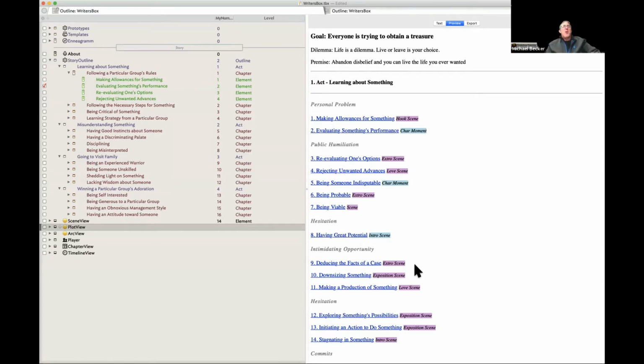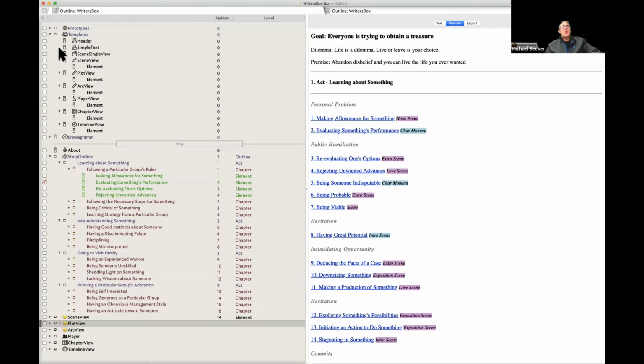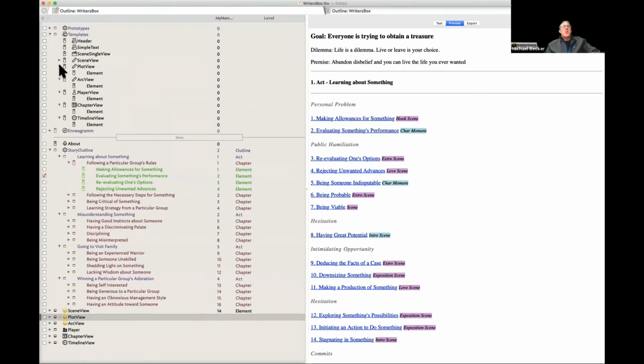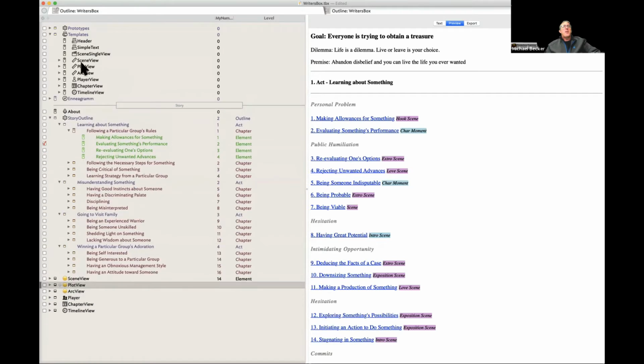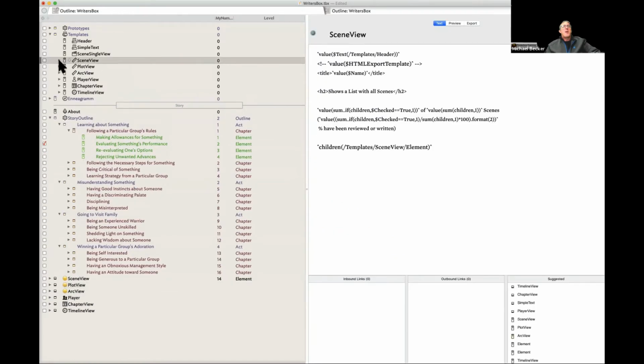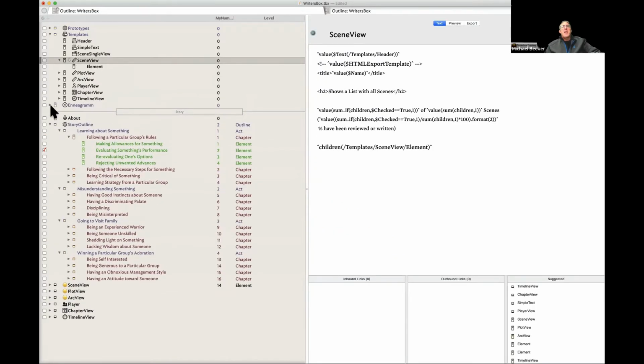So if you don't mind, can you pop up to your templates section really quick and expand the templates? And so let's just show people how that works. So you'll see, no, let's go ahead. So go look at scene. No, you can leave them all open. That's fine. So you can look at scene, and what we're seeing here in this template.